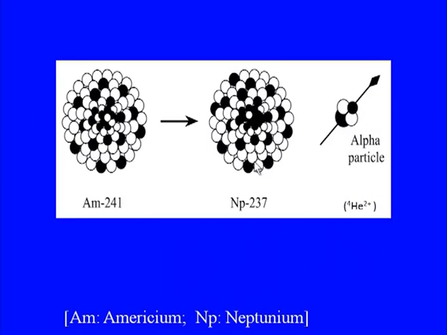Now this is one example we have shown here in the figure, where you can see protons and neutrons, and there are a large number of protons, and there are neutrons here. Now this particular one, Am241, that is americium-241, changes to neptunium-237 with the emission of an alpha particle. All right. So this is a typical representation of how alpha particle emission is taking place. So, this was about how alpha decay takes place.